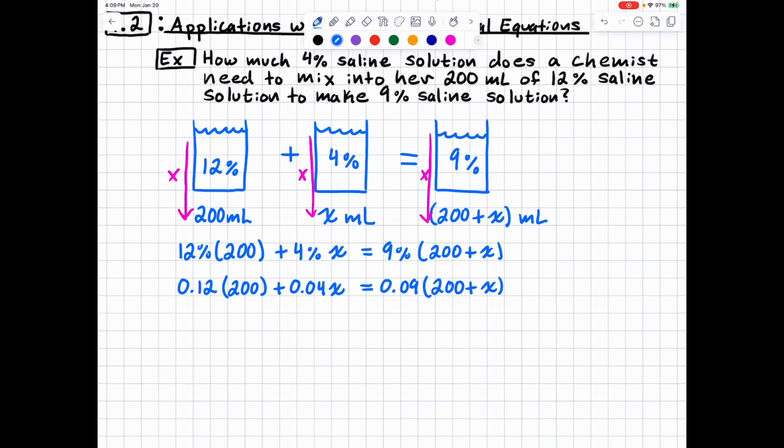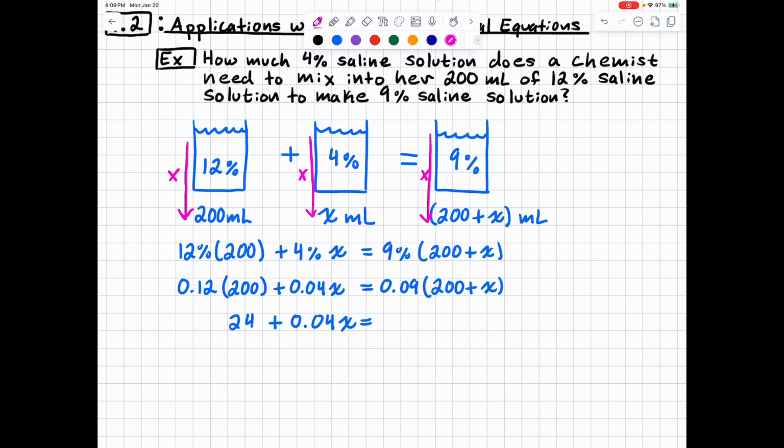And we have decimals here. So this is where I would pull out the calculator and start calculating. So on my calculator, 0.12 times 200 is 24. So this here is 24. So I have 24 plus, I can't reduce the 0.04x, so plus 0.04x